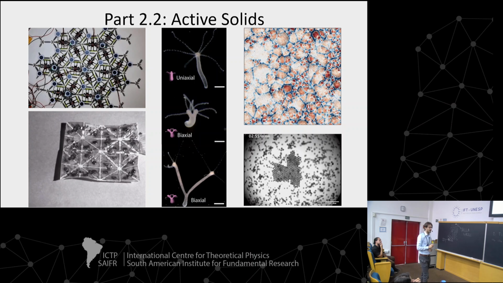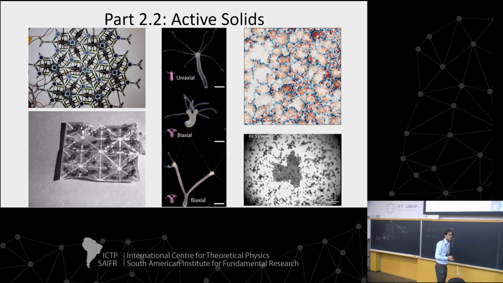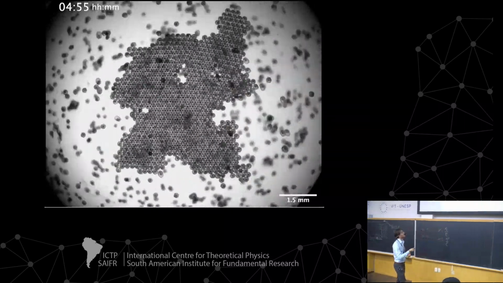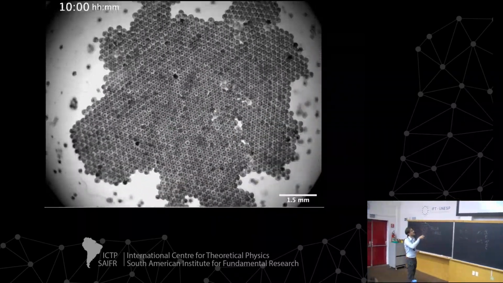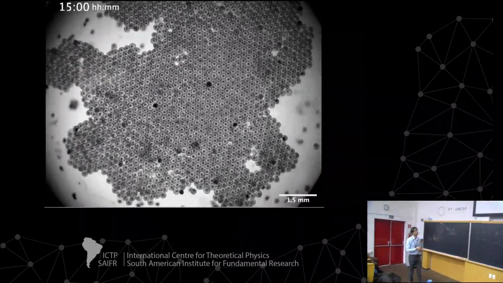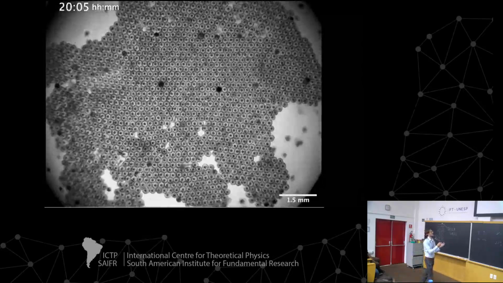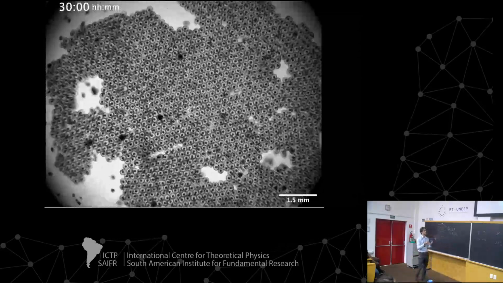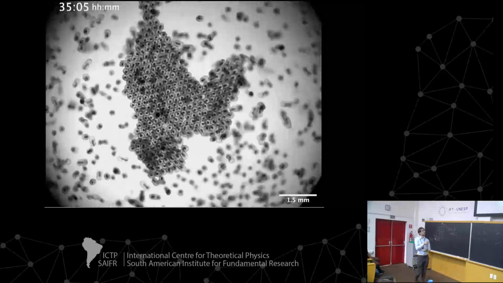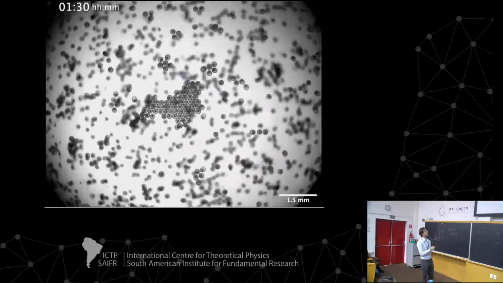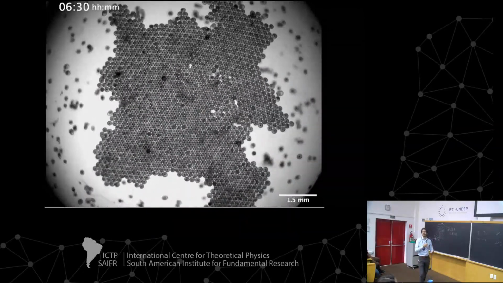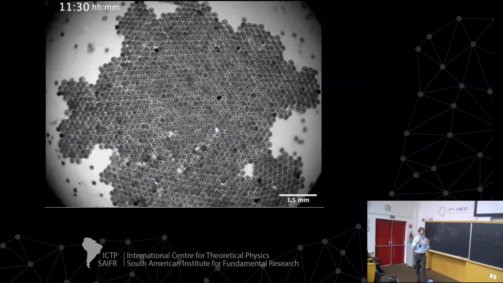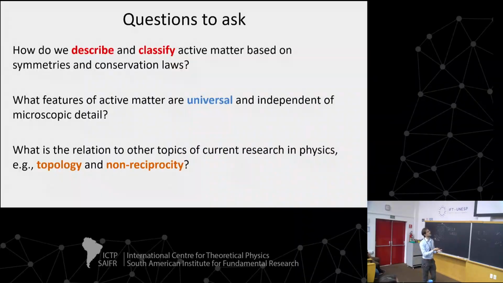biological, right? And what we're interested in is the continuum description of these active solids, right? At the scales that are much larger than a single atom, right? And particularly the mechanics of these, right, that we can try to describe. So here, for example, is a crystal of rotating particles. So you could imagine that chirality and breaking of time reversal symmetry now becomes important. But in addition, what becomes important here is the